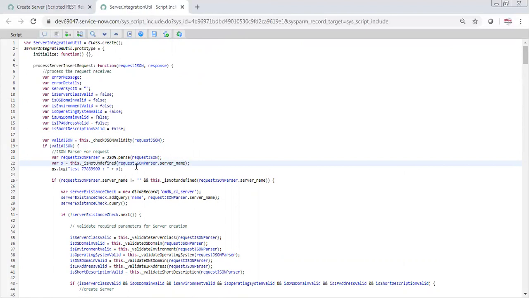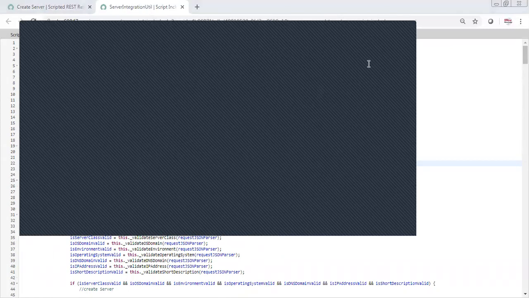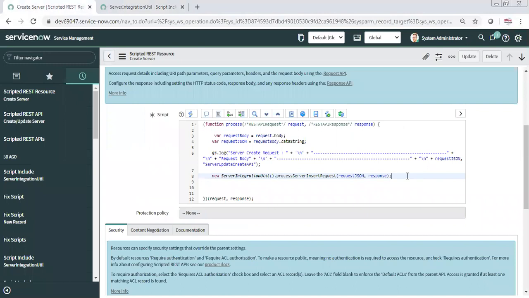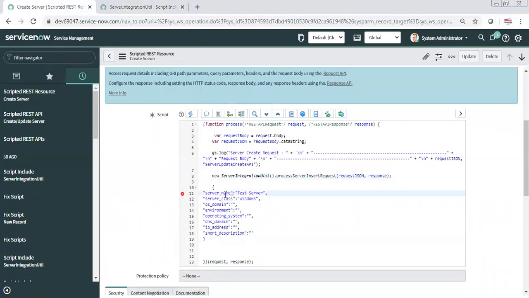Now, first thing, you need to identify what are the mandatory things in your request, what they need to send mandatorily. So let's say I have said server name and server class should always be mandatory. As part of the business requirement, you said these two parameters can't be empty, because if you are not sending name, and I create a record or server without name, then there is no value of that. And class is something which will tell me where I need to insert the record, that means this is again mandatory. So even before inserting the record, I need to check these two parameters in the JSON. Are they coming? If they are blank, then I need to send them error.